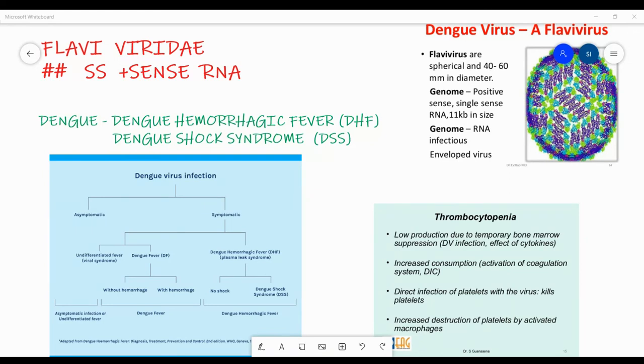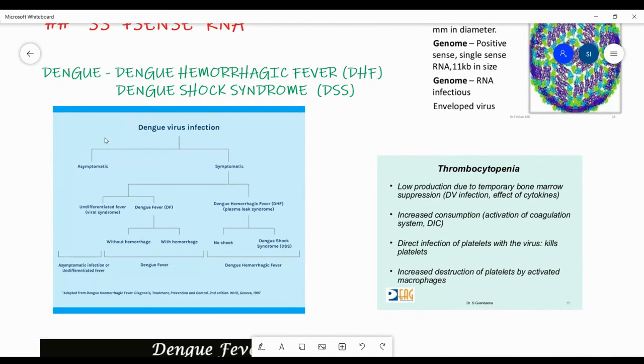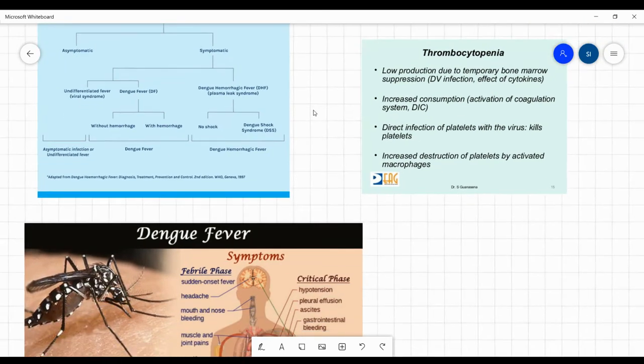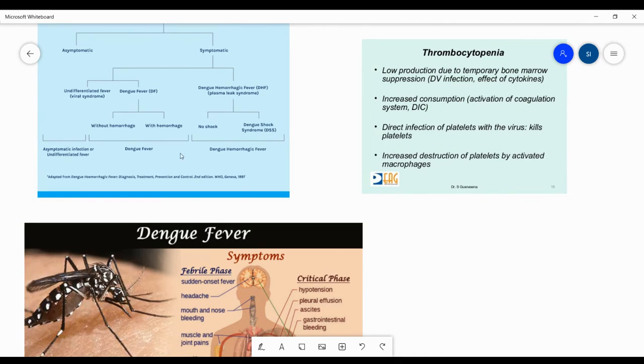enters the body, and most of the patients or most of the people who have a good immune system will be asymptomatic. People who do not have a good immune clearance of the virus will either present with febrile illness, okay, just the febrile phase, and these people will recover from the febrile phase without any complications, or they may